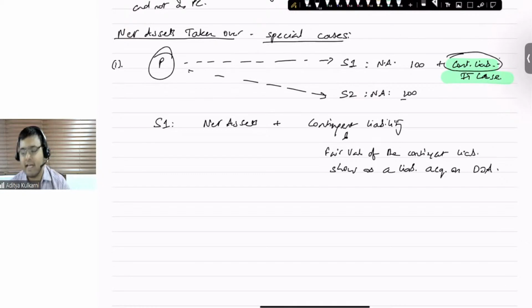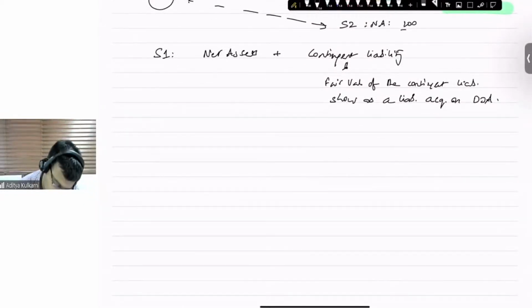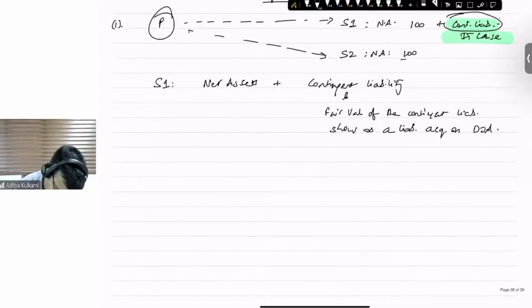P, assuming you are acquiring as a form of a subsidiary. Amalgamation, absorption, if that was the case, then the contingent liability would come in the books of the parent company, the standalone books of the purchasing company. So this is how you are going to record. So initial recognition will be as a liability, which will be reduced from the net assets that you have already computed. Okay. So first case, you can give the heading